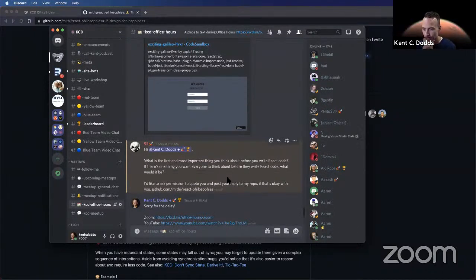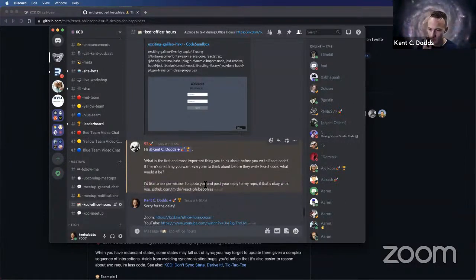Yeah, sure. So the most important thing you think about before you write React code, if there's anything you want everyone to think about before they write it, what would it be? I'd like to ask permission to quote. Oh yeah, sure. You can totally quote me, as long as you are accurate in your quotation and don't leave out any context that's important, and you cite me properly.